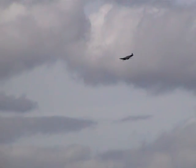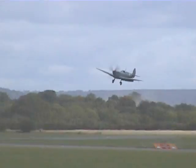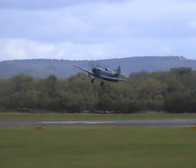The stressed skin construction of the Spitfire made... Well, ladies and gentlemen, Peter